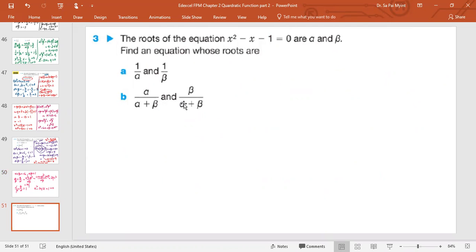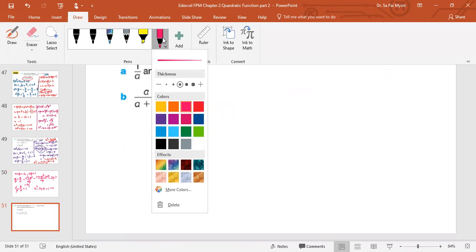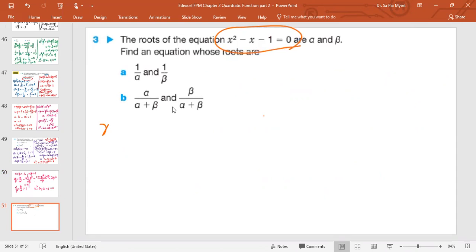You need to write down or copy the given equation. Okay, copy this equation. What do you get? x squared minus x minus 1 equal to 0. And then what do you do? Coefficients: a equal to 1, b equal to minus 1, c equal to minus 1. Okay, and then